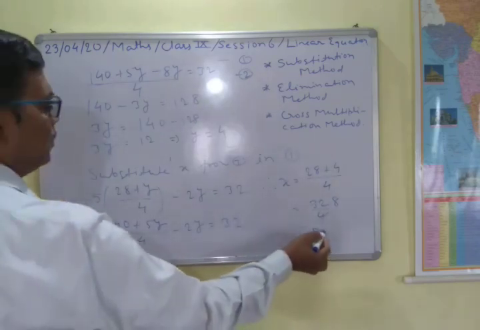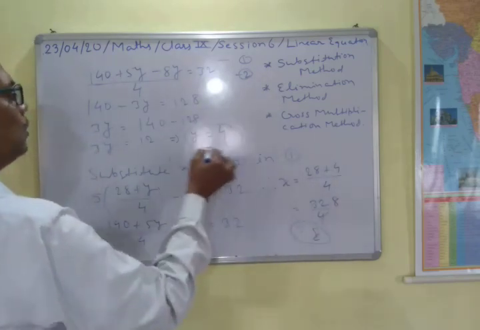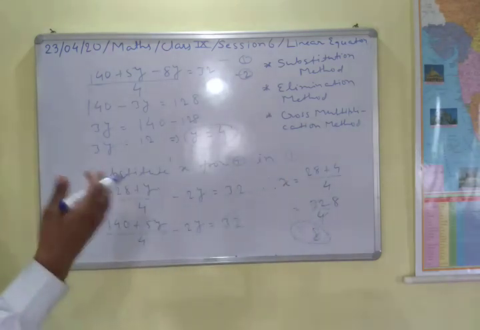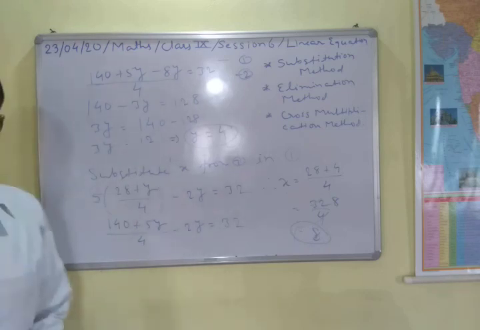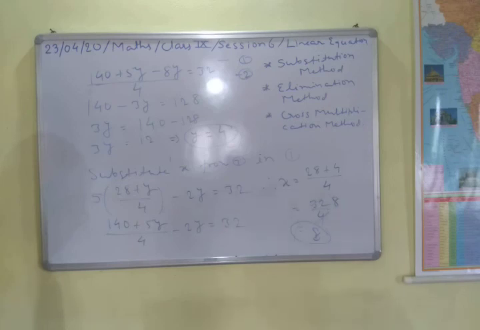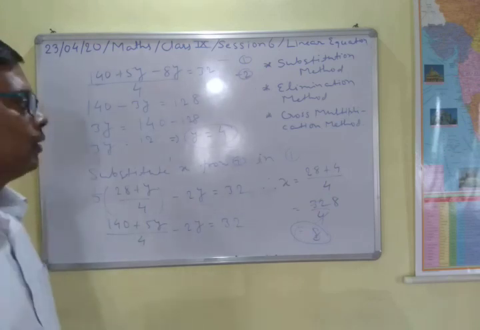So here again see that the value of x and the value of y both are the same as we got from the previous two methods, that is the cross multiplication method and the elimination method. So these are the three methods by which you can solve the questions in this chapter, in this exercise. So I hope you understand all these methods, and then you will solve these questions.